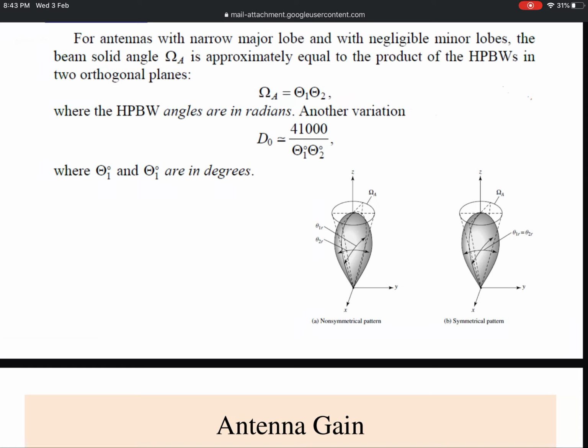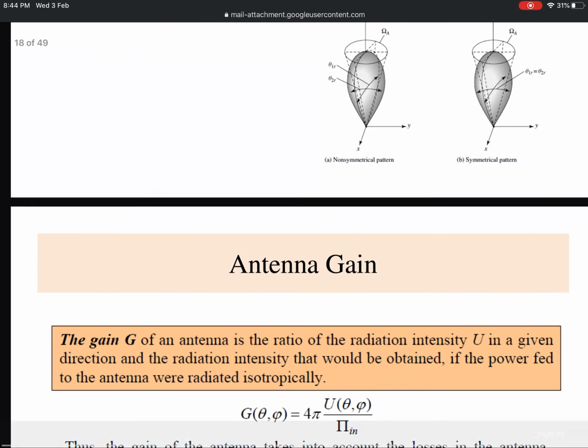But you may notice that there is an approximately equal sign. It is not fully accurate, but the result will go towards an accurate value if the pattern whose directivity you are going to measure has a narrow beam, or is a very highly directive and unidirectional radiation pattern, where the half power beamwidths of the two orthogonal or principal planes are comparable. If they differ by a very huge value, then the result may not be accurate. That is why I have given an approximately equal sign.